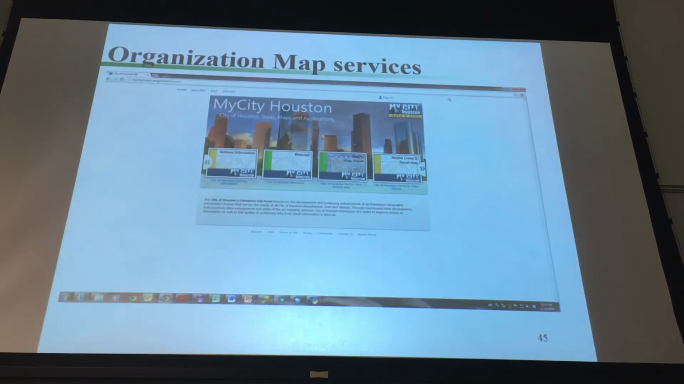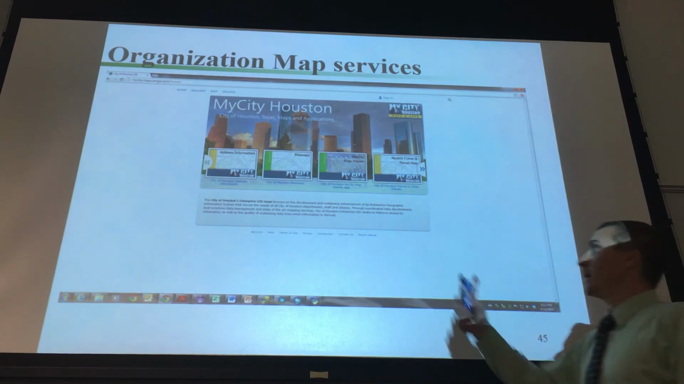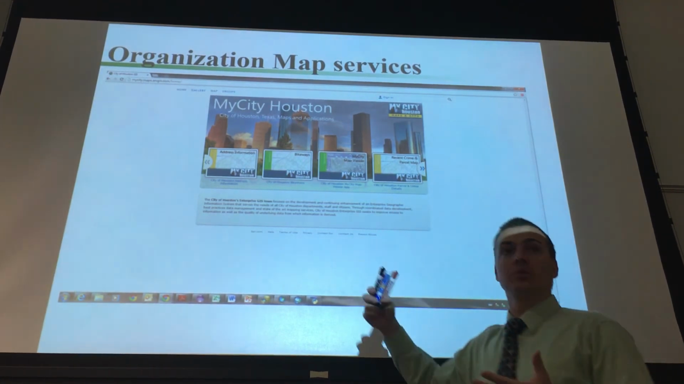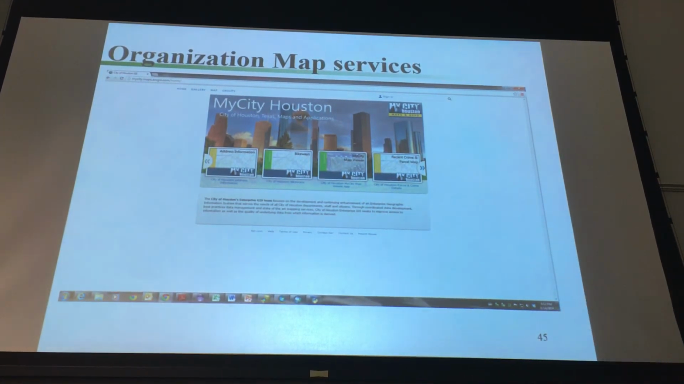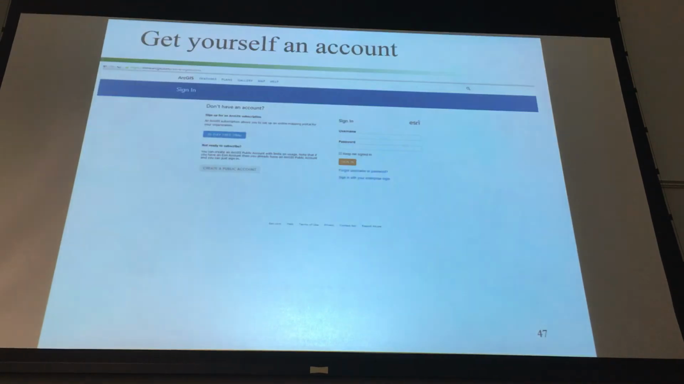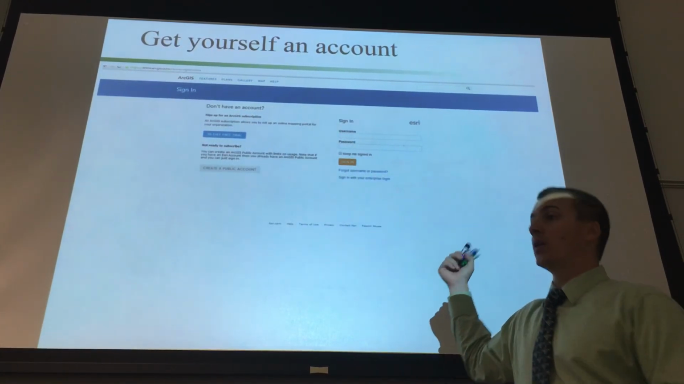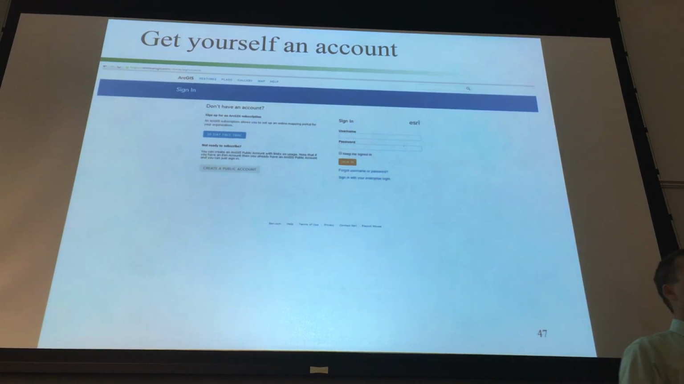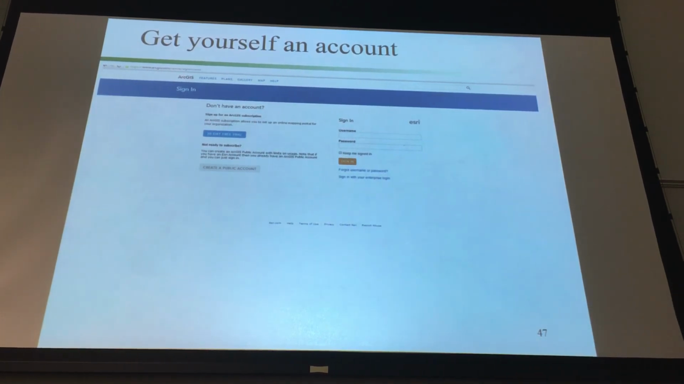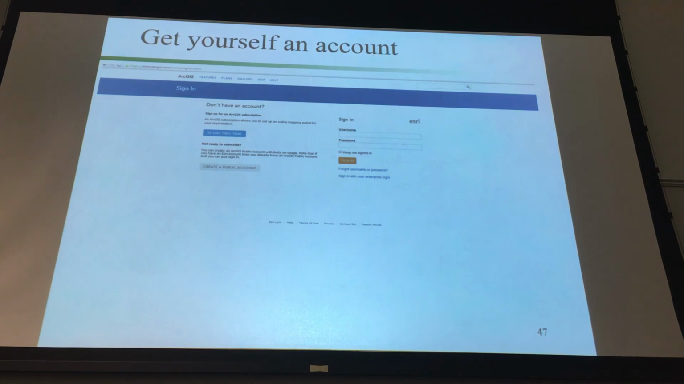A lot of organizations have map services and web maps where you can go get data. So if you work in Houston or in Boston, you can look to see what they have. And you can consume that data within ArcGIS. And you can do it yourself. So you can create your own ArcGIS.com account, and you can publish data out. And you can put maps out and do things